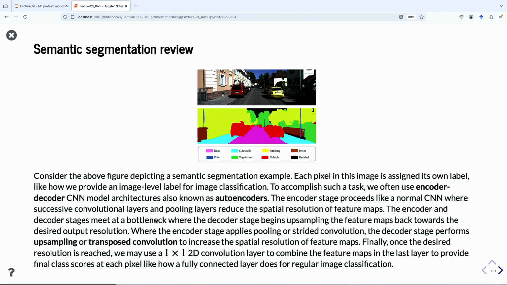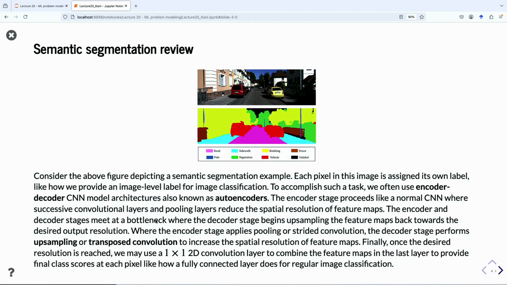So what is semantic segmentation? It's simply the idea that we want to separate objects in a picture. We want to know which group of pixels belongs to one object and which group of pixels belongs to another object.